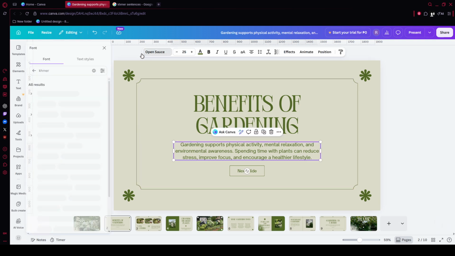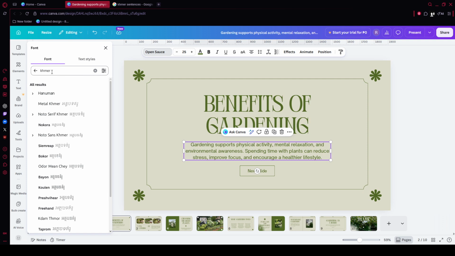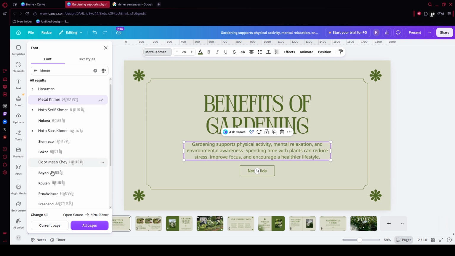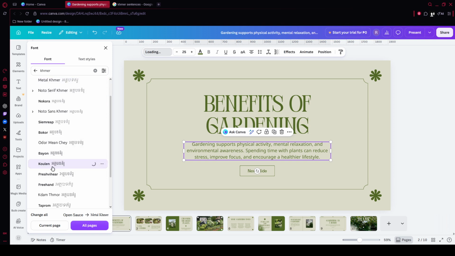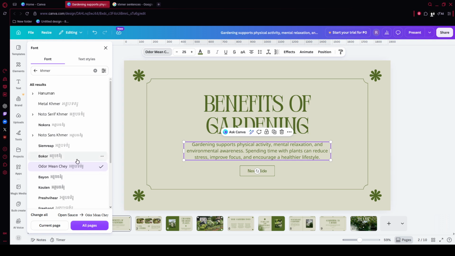Even if the text is technically there, it may still look wrong if the font doesn't fully support Khmer. With the text box selected, go to the font menu in the top toolbar and search for Khmer fonts. Choose a font designed for Khmer script, such as Cantamri Pro, Khmer OS, Hanuman, or Mool. As soon as you switch to a compatible font, you'll often see the text immediately become more readable and properly